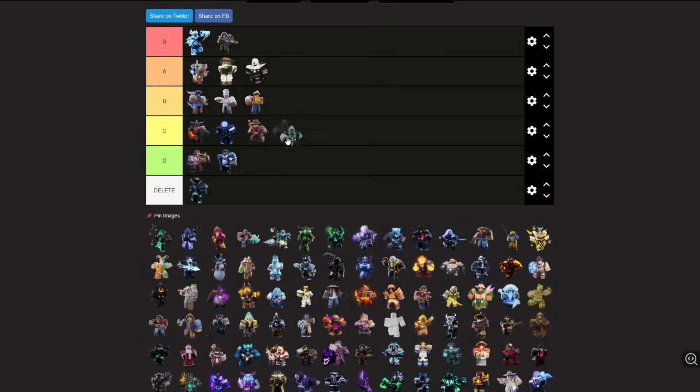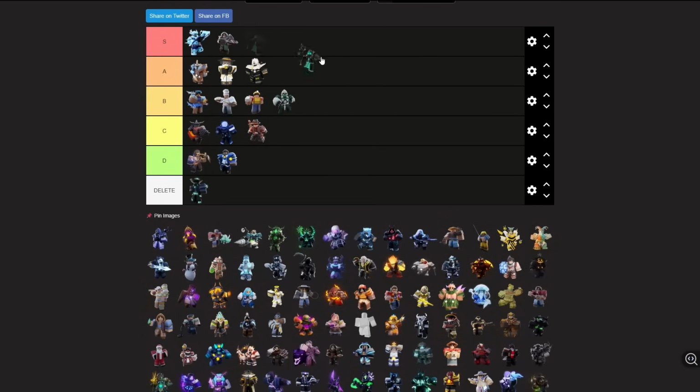We got the Crocker Wolf kit next, and this kit's actually really good when you lose your bed, but if you keep your bed, it's pretty much useless, so I'm gonna have to put it in the B tier. Next up, we got the Crypt kit, and this kit's only good in rush strategies because you can spawn a lot of skeletons, but other than that, it's not really that good, so I'm gonna put it in the C